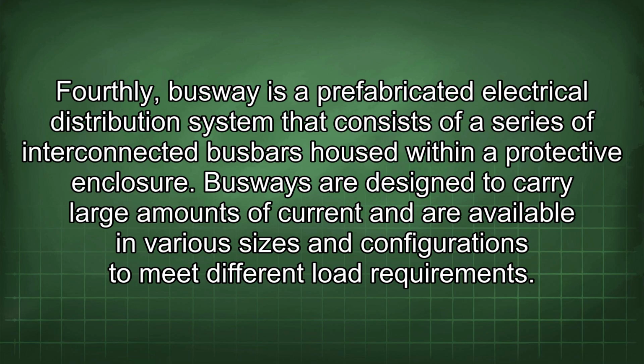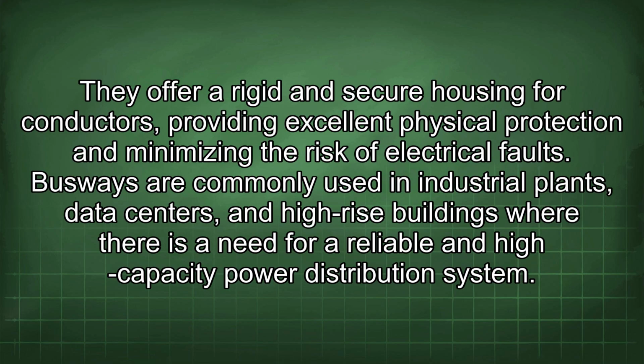Fourthly, busway is a prefabricated electrical distribution system that consists of a series of interconnected bus housed within a protective enclosure. Busways are designed to carry large amounts of current and are available in various sizes and configurations to meet different load requirements. They offer a rigid and secure housing for conductors, providing excellent physical protection and minimizing the risk